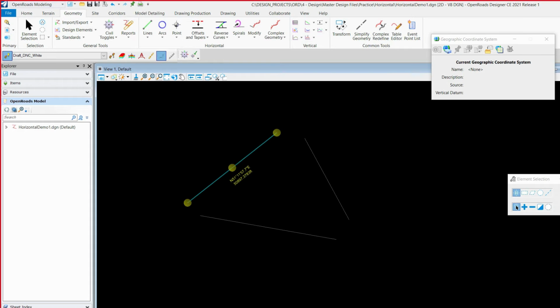Okay, so let's talk about design intent. Design intent is the way that the software remembers how you drew every single line, right? How you drew the arc, where you placed the points, from what line you drew an offset, every single thing, right? The first part of the design intent is what tool you decided to pick to draw your